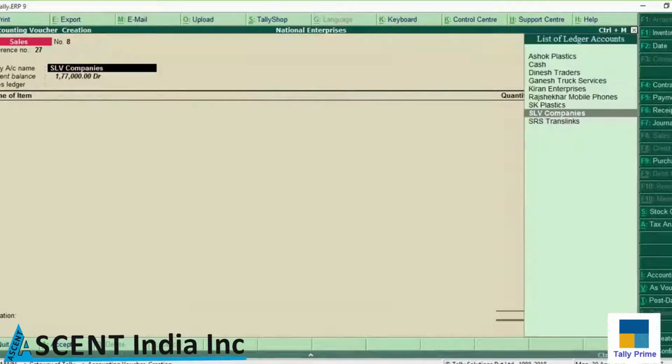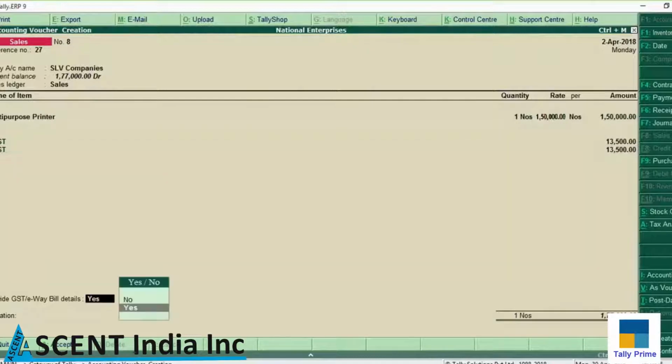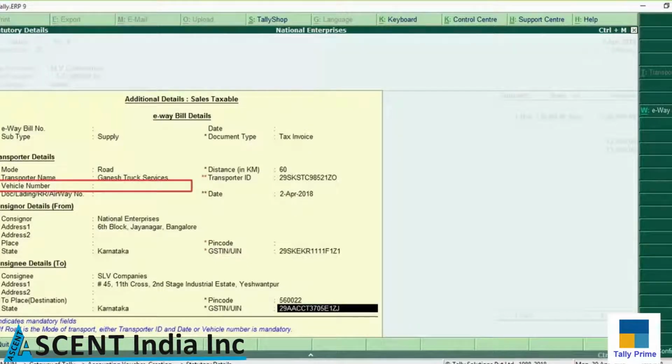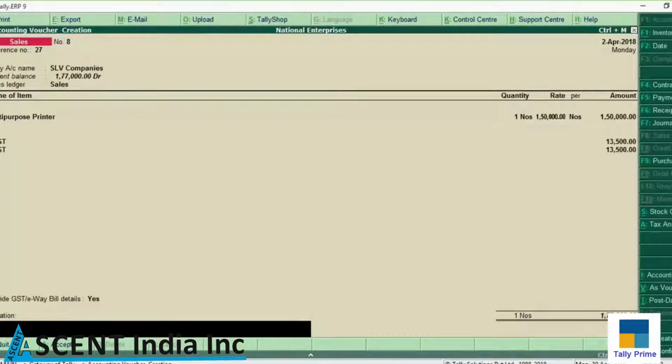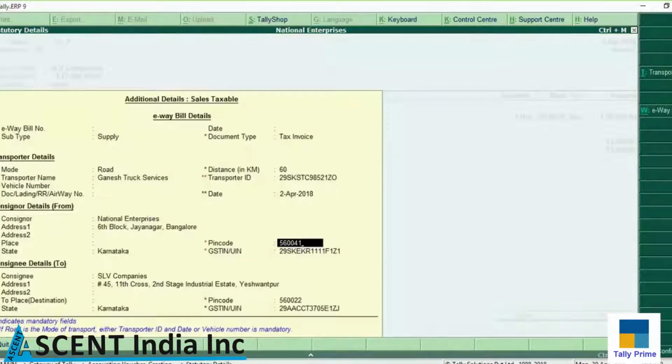Record your sales transactions as earlier. When the invoice value exceeds the set threshold limit, Tally ERP9 identifies that the transaction requires e-way bill and enables the fields to enter the transportation details. Here you can enter the mode of transport and details of the transporter. If you use own vehicle for transportation, the vehicle number can be captured here. In case any mandatory information is missed out, an alert is displayed. You can enter the missing information.